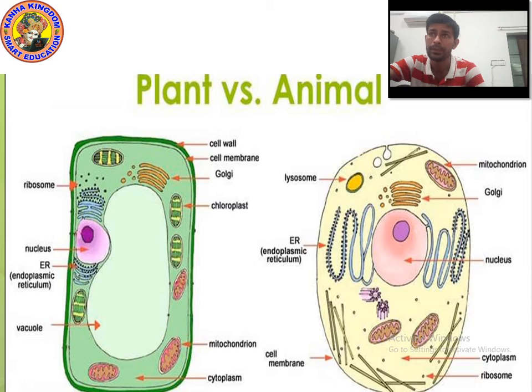Next you can see a structure, chloroplast, which looks like a kidney bean. Then mitochondria is a little bit pink-orange in color. And the next is the inner light green part, which is the cytoplasm. Cytoplasm is a jelly-like substance in which the cell wall, cell membrane, Golgi, chloroplast, all the things are present.